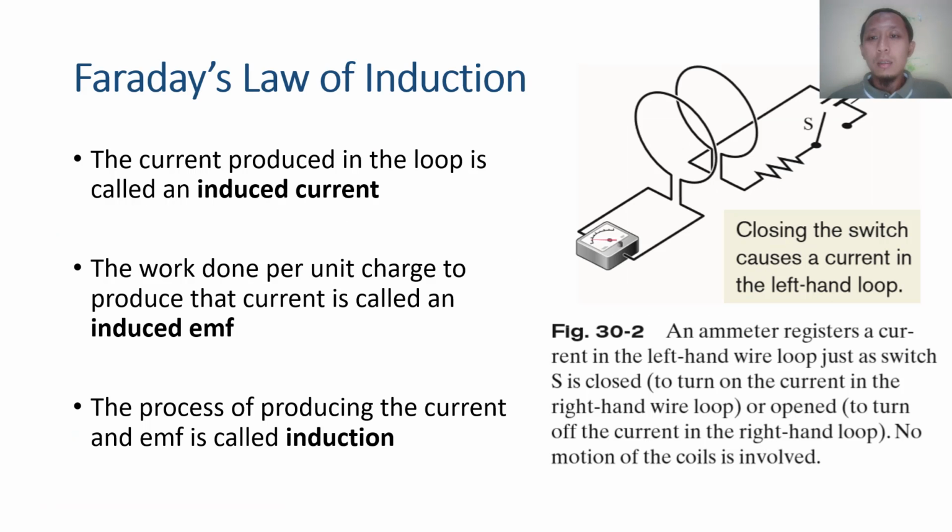Okay, it's like this one. If we have the wiring like this, this is the A wiring, and this is the B wiring. So the ammeter here will register the current in the left-hand wire loop, or the A wire loop, if the switch is closed, like this one. And if the switch is opened, like this one, the ammeter shows no current,